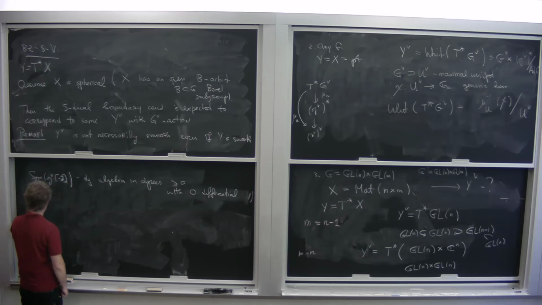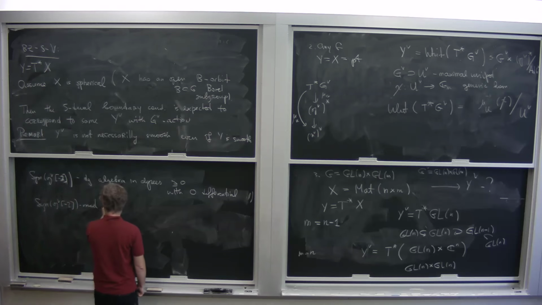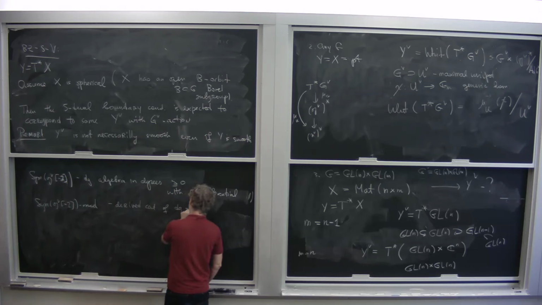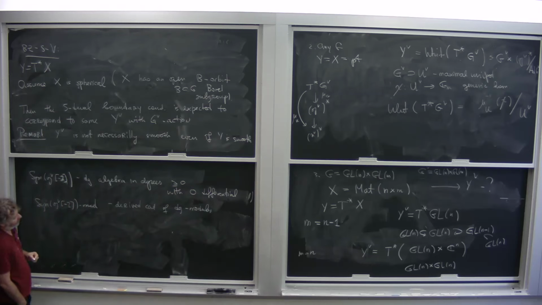So then you can see that this mod means the derived category of DG modules. Note that the algebra has zero differential, but the DG modules, of course, are not required to have zero differential. And then the thing is,